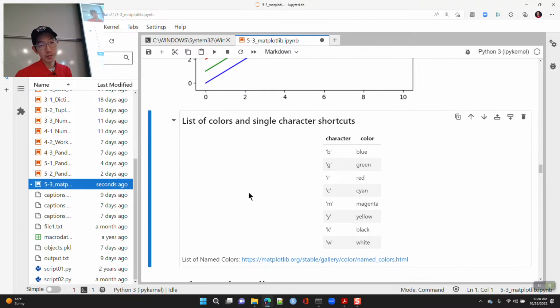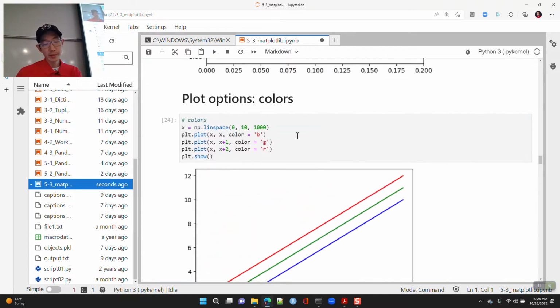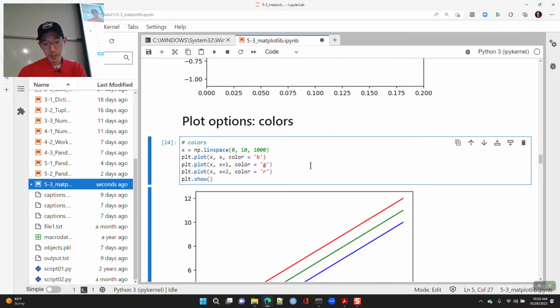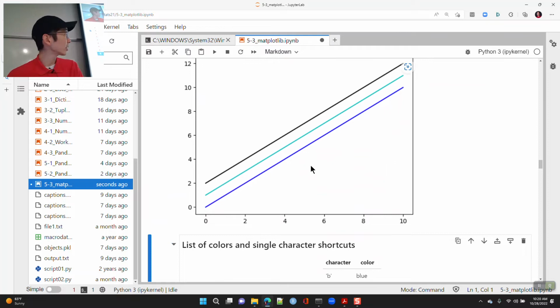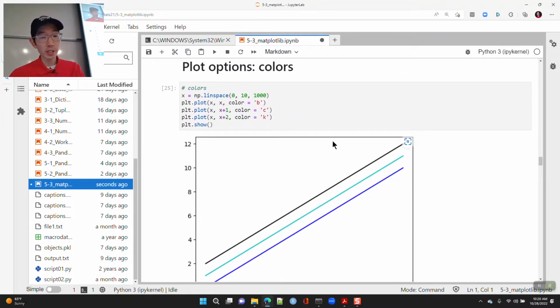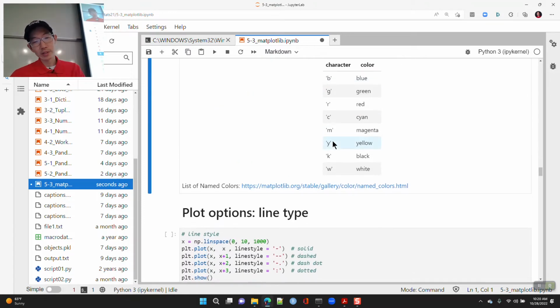These are the single color shortcuts: blue, green, red, cyan, magenta, yellow, black, and white. So if I wanted a black line or a cyan line, I can do that. You can just change what color you want with single colors.